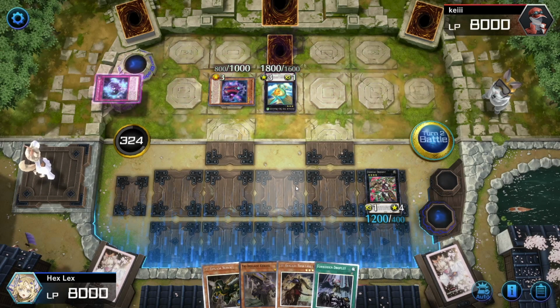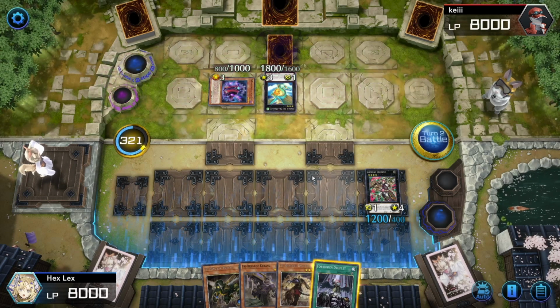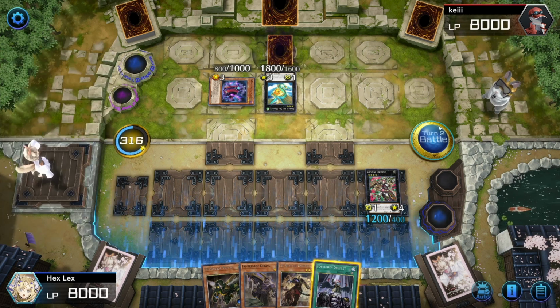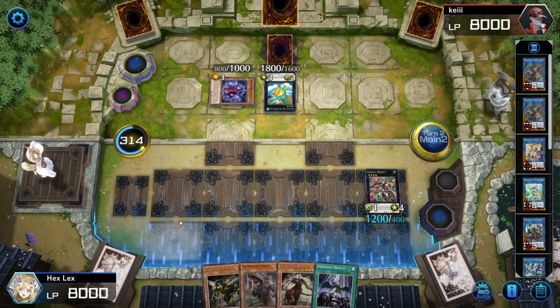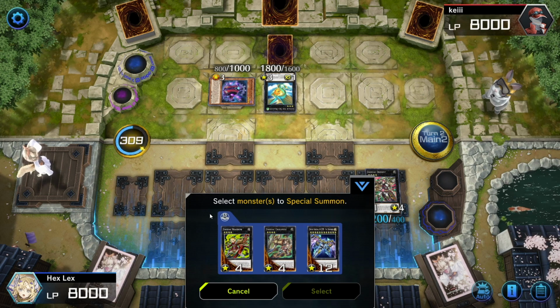They let it... Oh, I thought they were going to stop the attack. Oh, I should have... actually forgot about Whiptail. I should have banished that. But, it's fine. It's not a big deal. Okay, main phase 2. Hopefully it won't be a big deal, I should say. Okay, main phase 2...